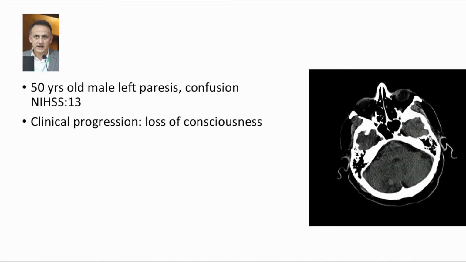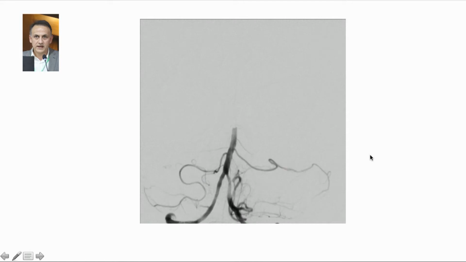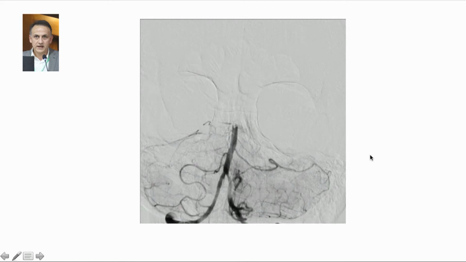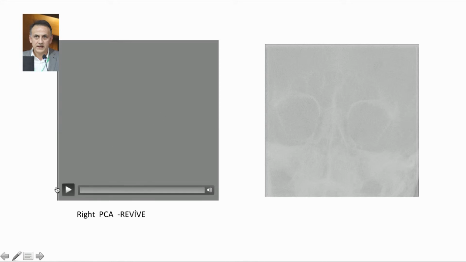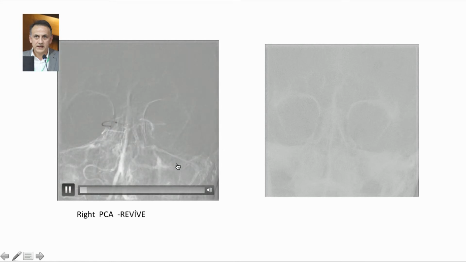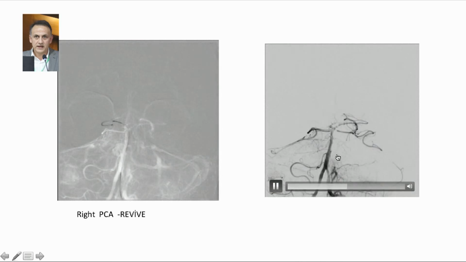Another patient is a 50-year-old male. He had left paralysis and confusion. NIHSS score was 13. And this is posterior cerebral circulation disease. We have acute occlusion of the basilar artery. In this patient, as a routine we sent a Revive system to the first posterior cerebral artery, and then after that we couldn't get a nice flow, and then we sent